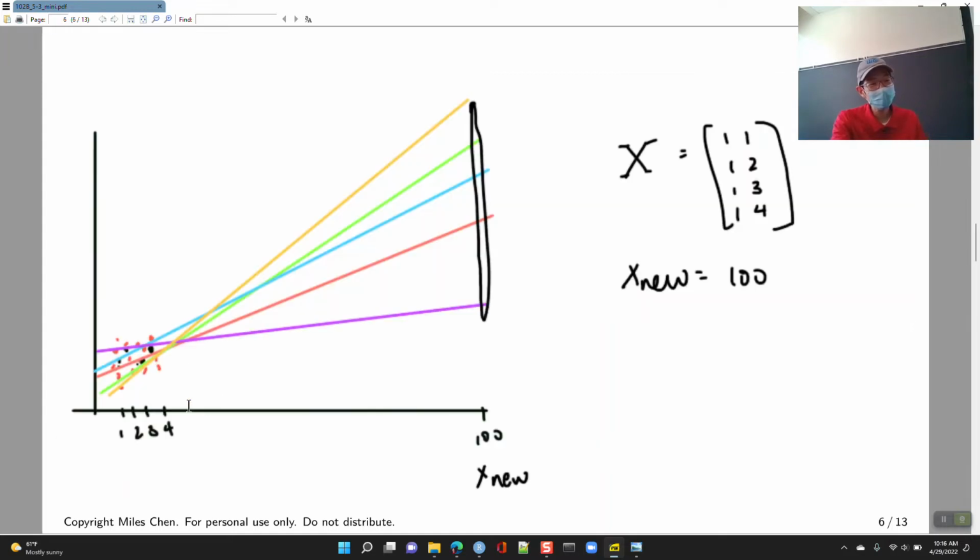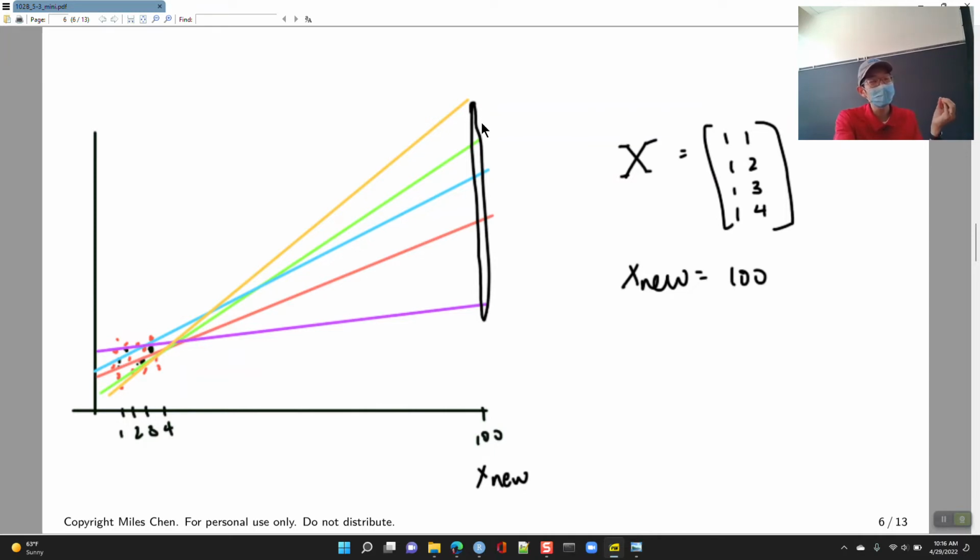Well, the picture looks like this, okay? Here, our values are at 1, 2, 3, and 4. Now, again, because the observations we get are subject to randomness, somebody else could get values at 1, 2, 3, and 4, and your slope and intercepts might be quite different from each other because of just randomness. And when you extrapolate all the way out to 100, you're going to have a huge amount of variation as far as what that predicted value could be,